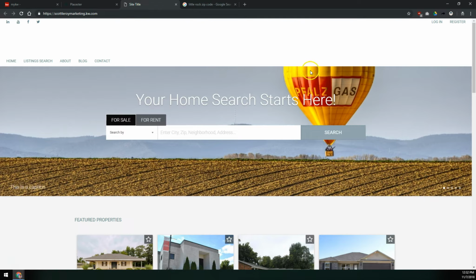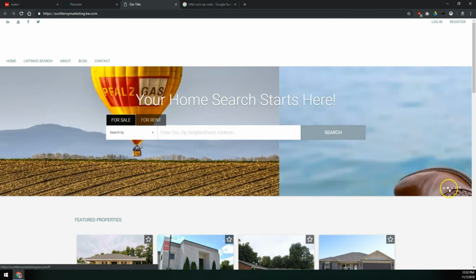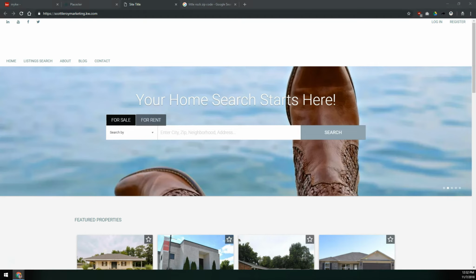There we go, got our new slideshow, got our nice hot air balloon here. If we click over to this one, this is going to show me my boots on the dock with the boats above it. Oh wait, there's no dock, there's no boats. That's because this image was not cropped properly. It's not enough wider than it is tall. You want it to be, if you look on the screen here, this is about 3 or 4 times as